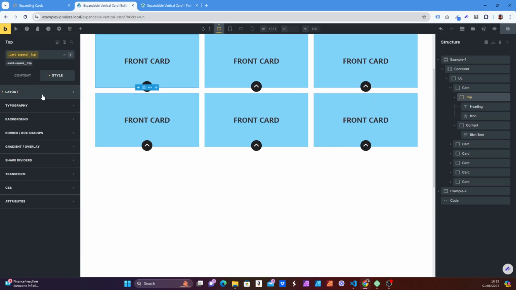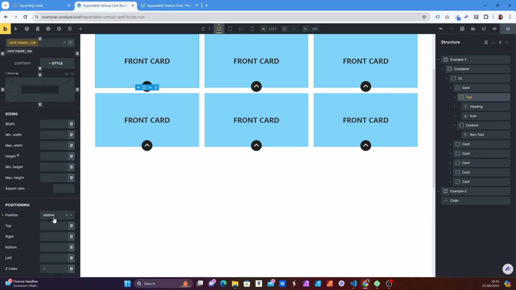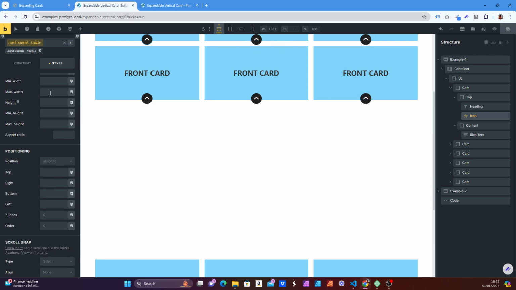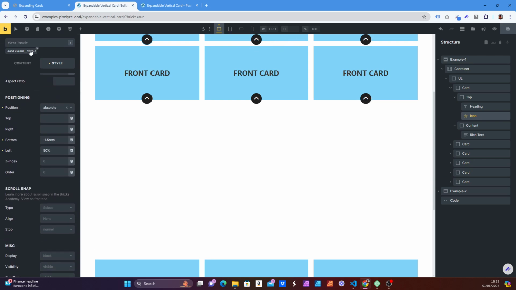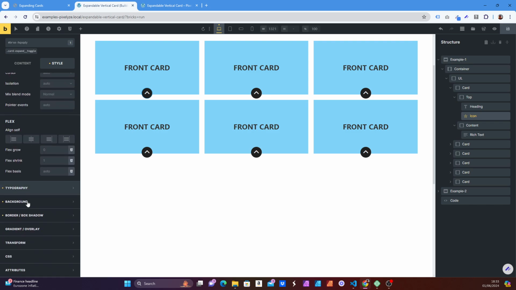You have to set the top card again to position relative, because we need to set this to position absolute and set this in the middle. So we want to set the bottom to sort of minus 15 pixels. If you don't put the minus, it will go up. Okay, so you want to put minus so it goes down, 50% to the left, and make sure you go